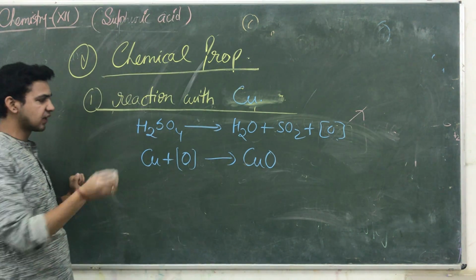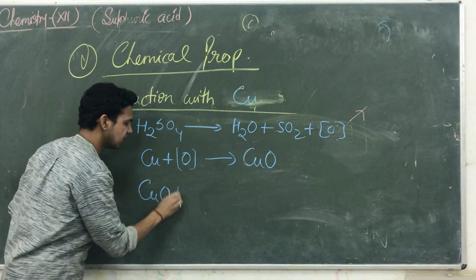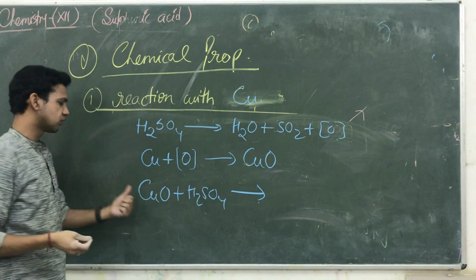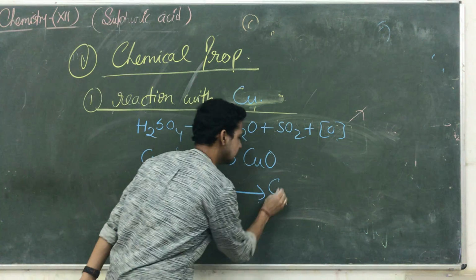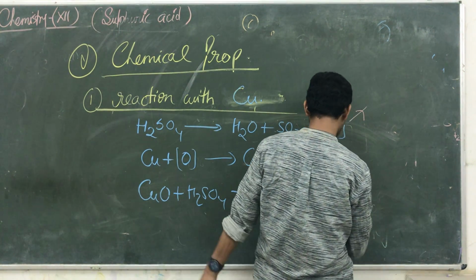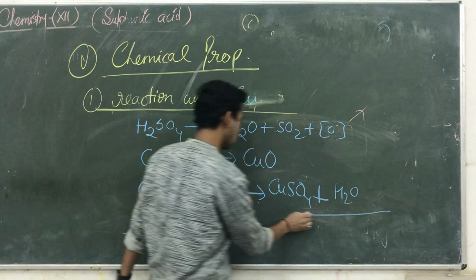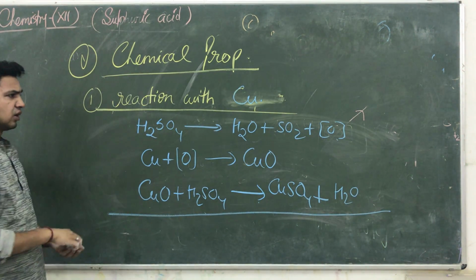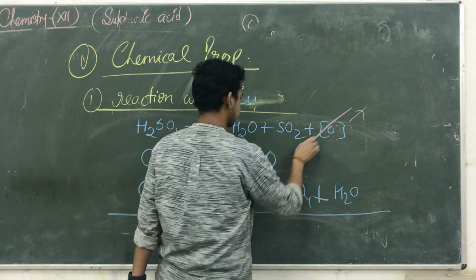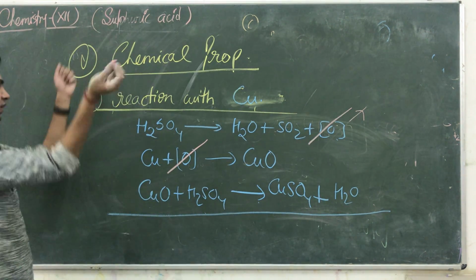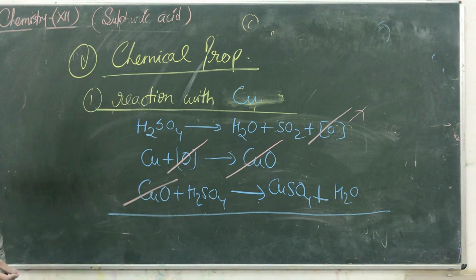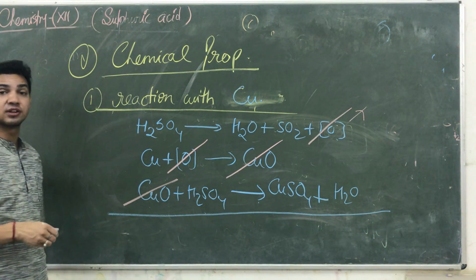So cupric oxide again reacts with H2SO4. So they give you Cu reacting with SO4 giving you CuSO4 और जो बचा हुआ हाइड्रोजन है वो ऑक्सीजन से रिएक्ट करके क्या बनाएगा H2O. So see guys, here everything is balanced. This oxygen is cancelled by that oxygen और आपका फॉर्म्स क्या हुआ, this cupric oxide is cancelled by the another CuO.